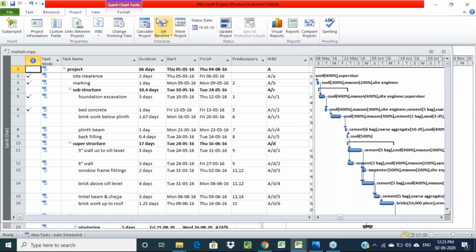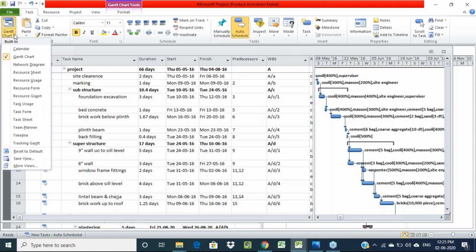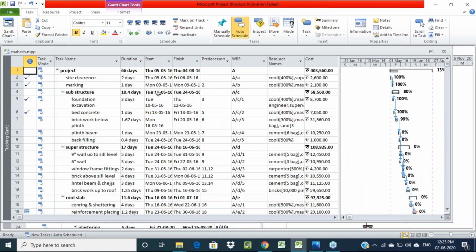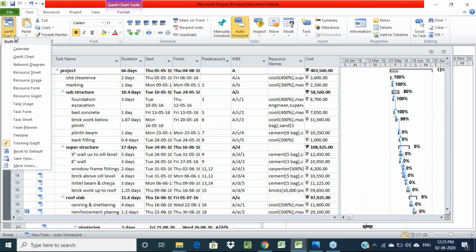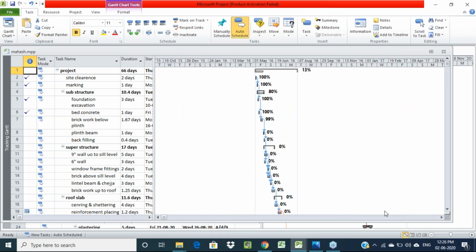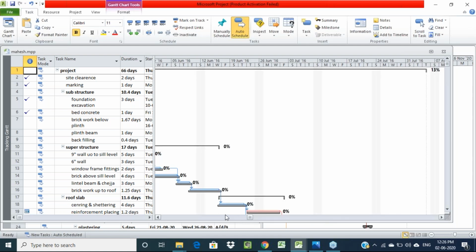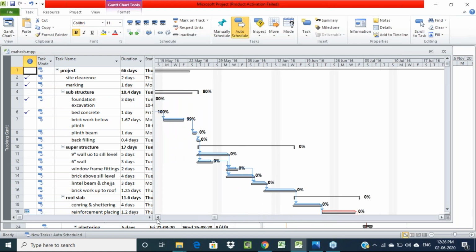So then, after setting that baseline, here if you click on Tracking Gantt, you will get a separate Tracking Gantt like this.